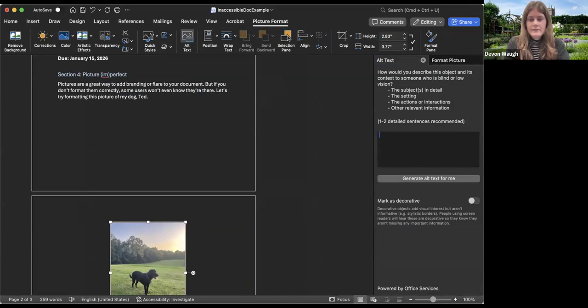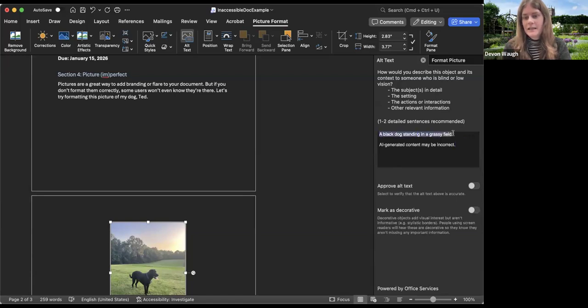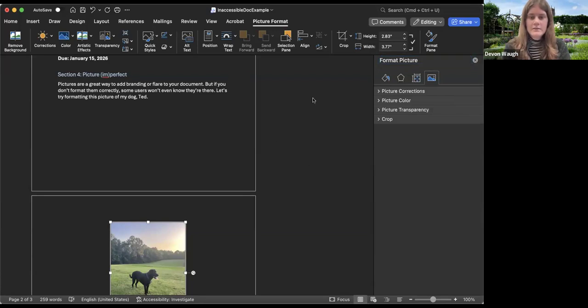this is the Black Lab Retriever, Danson, which is my dog, enjoying a summer afternoon in a field. There we go. It can also generate alt text for me, and it's saying a black dog standing in a grassy field. That works as well. I say approve, or I can mark it as decorative. So Word has made it really easy to